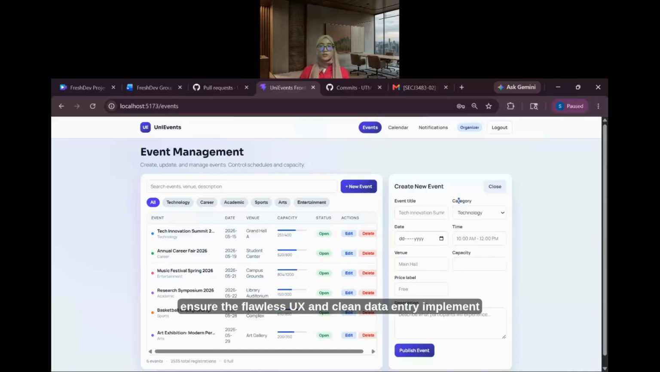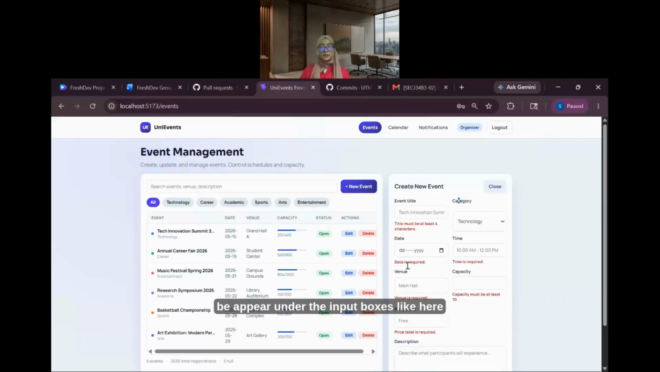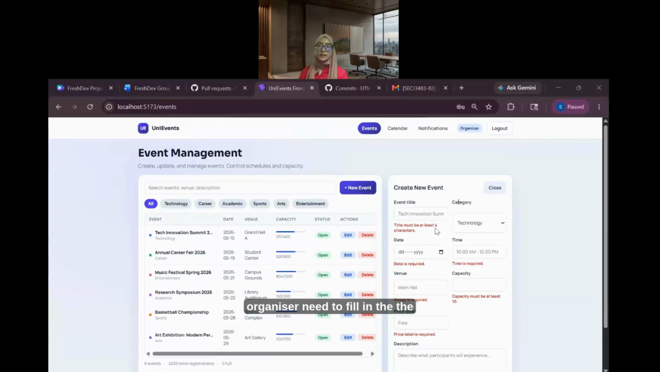To ensure a flawless UX and clean data entry, I implemented direct front-end validation. So if the user attempts to save this form with an empty field or sets an event date in the past, a direct error warning will appear under the input boxes, like here. So the organizer needs to fill in